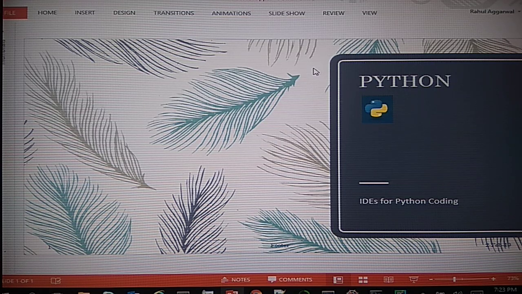Let's talk Hadoop. Today we are going to talk about Python and different IDEs, or integrated development environments, that one can use while working on Python. Python is quite important as today we can do machine learning, big data and normal website development using Python. So learning Python is quite important, and more important is the ways you can do Python coding.